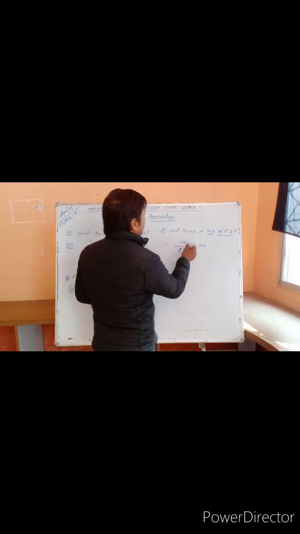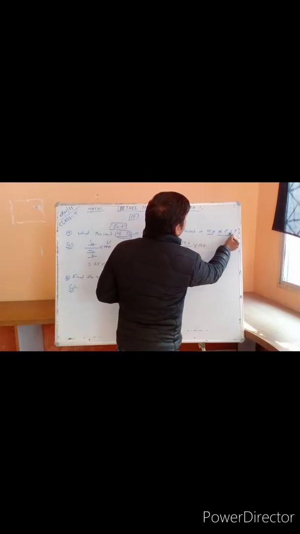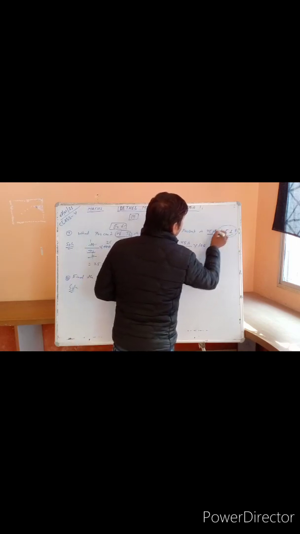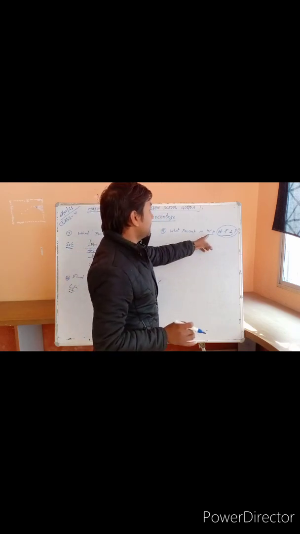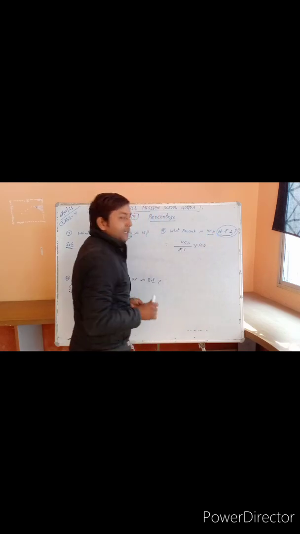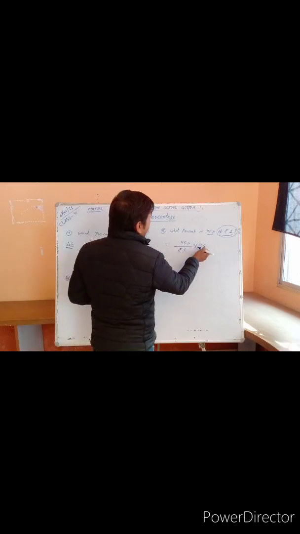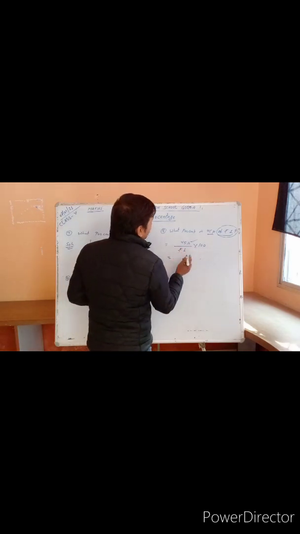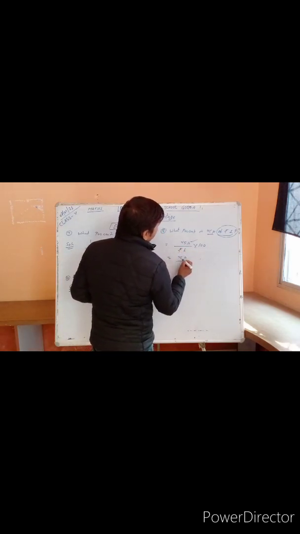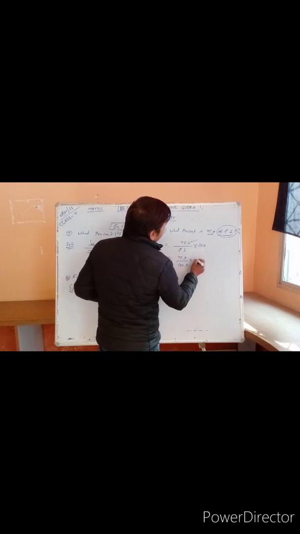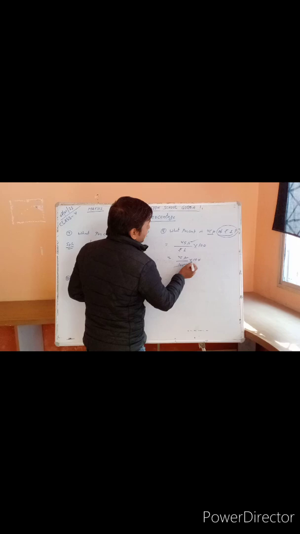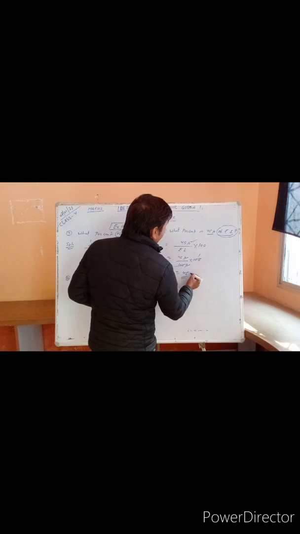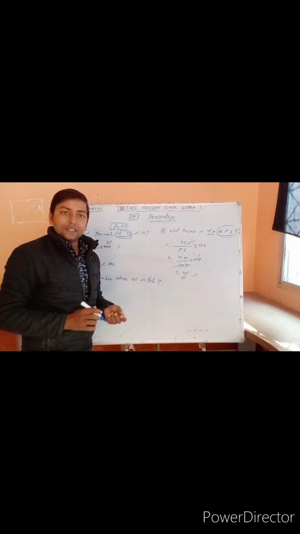Now second, eighth number question: what percent is 45 paise of rupees 1? With "of", which is written, you have to write as a denominator, and "is", which is written, you have to write as a numerator. But here the units are different, paise and rupees. So convert 1 rupee into paise: 45 paise, and 1 rupee equals 100 paise. Paise you can cut, and 100 one time. So 45 into 1, 45%. Okay, this is the answer.